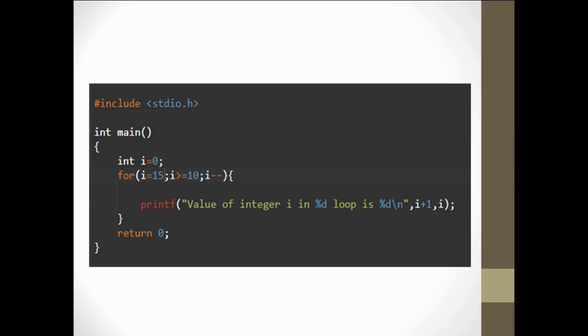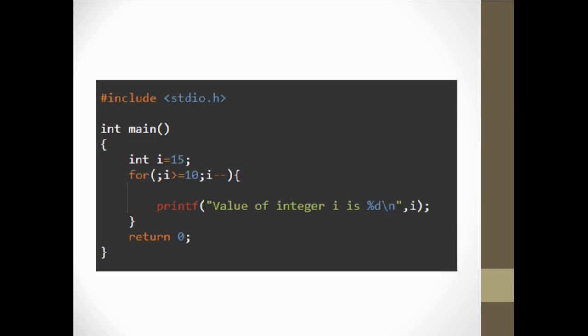So let's move to the next question. Here you can see inside the for loop the first statement is missing. So what will happen if the statement is not given? You have to check this. I will explain all programs after the quiz part, so don't worry, just try to solve. If you can solve then it's good, if not then I will explain.